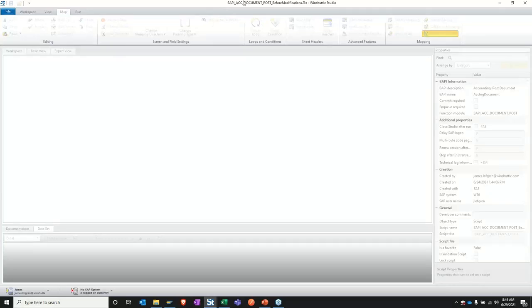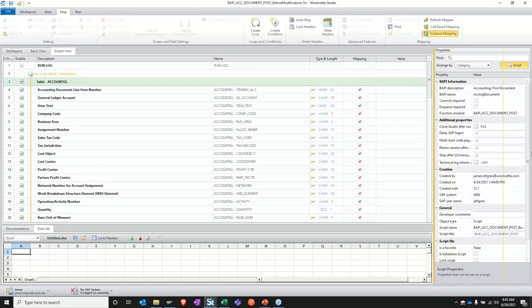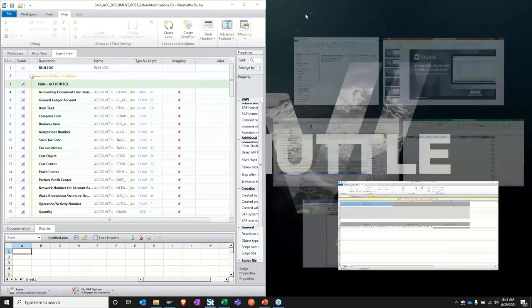So this is the BAPI that's used for posting finance documents, so journal entries, invoices, credit memos, accruals, etc. You can use this. So again, going into the expert view, once we've actually selected all the fields that we want,